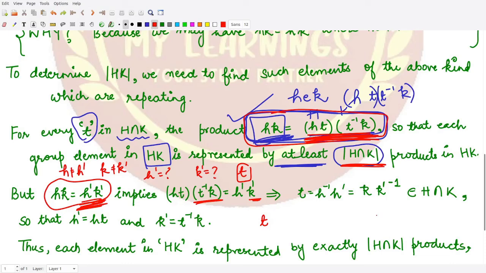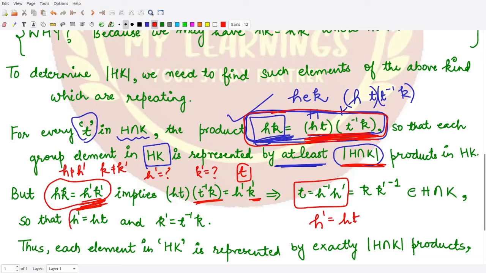So we have the value of T as some member in H and the value of T as some member in K, because K and K dash are members of capital K, and H and H dash are members of capital H. So this T is present in both H as well as K, so it is present in their intersection. So from here we can equate these first two expressions, and calculate the value of H dash. H dash is equal to H into T.